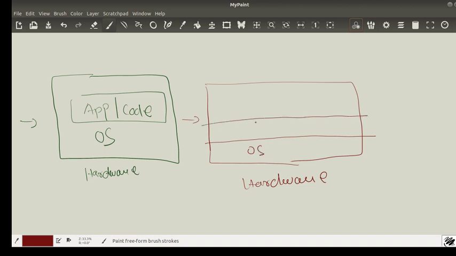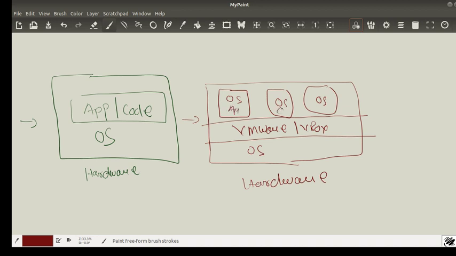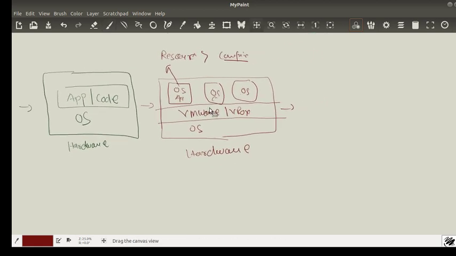Then on top of the operating system, we install software like VMware or VirtualBox. And then here we install again a very tiny OS, and these OSes have your application or your code. But this entire operating system requires more resources than the compiler or interpreter or program. So the solution to this problem is now